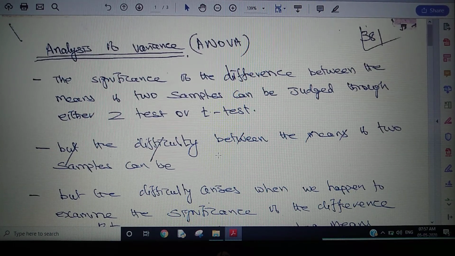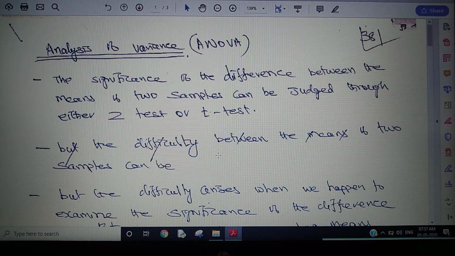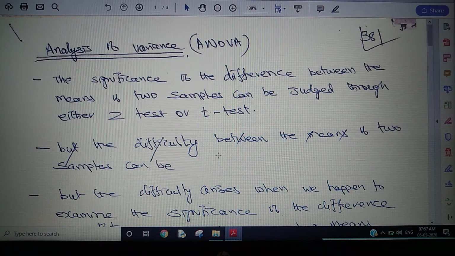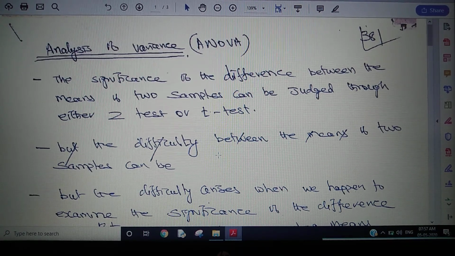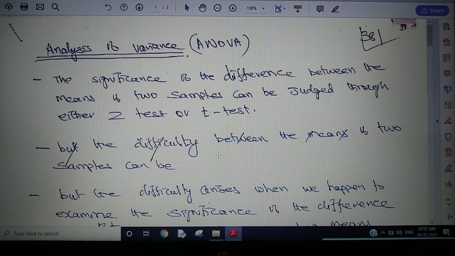Either we are studying the association between the population and the sample, studying the characteristics of the population and whether it is on par with the sample, or studying the characteristics of the sample and projecting that the population may have the same characteristics. Here we are comparing two grouped data: is there a significant difference between the means of two samples? If we take any grouped data, we find the mean, then we compare the means.